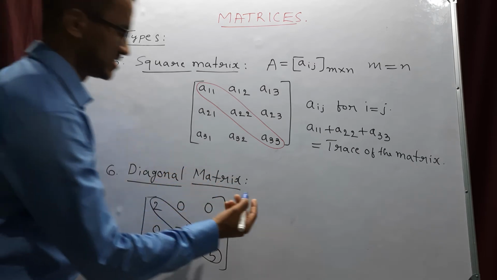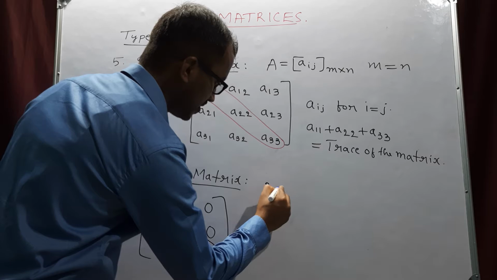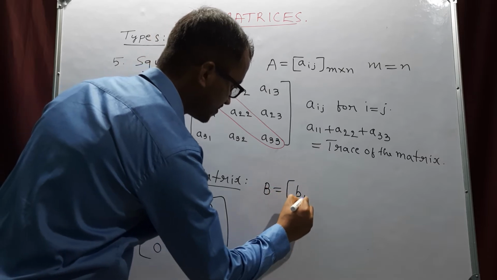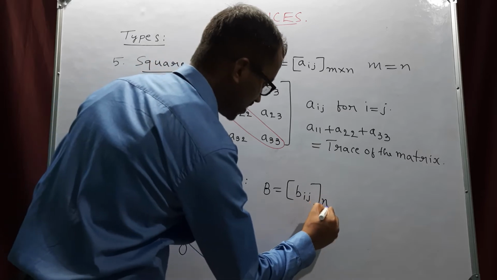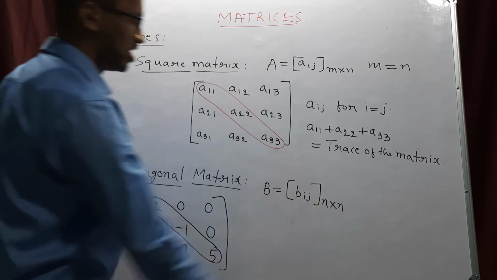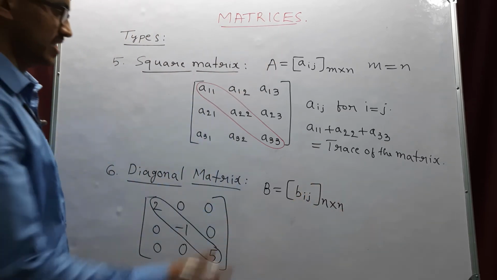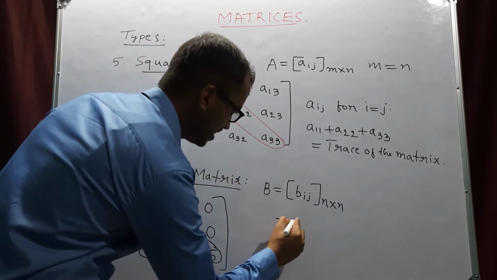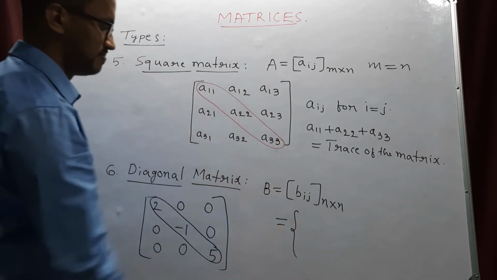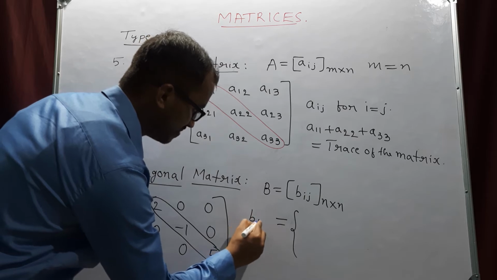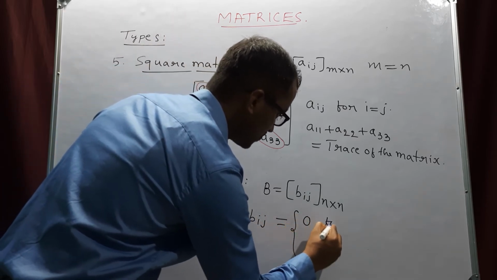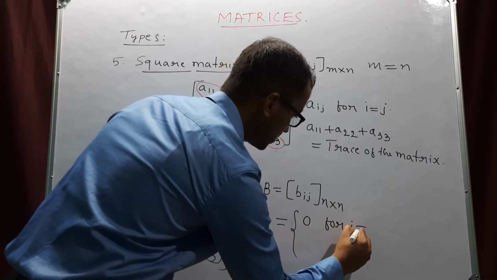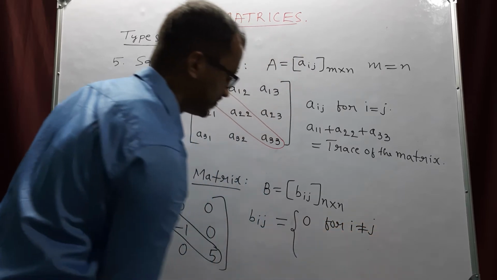So any matrix, suppose B equals Bij, should be a square matrix, so I am writing n by n, or of order n, is said to be a diagonal matrix if the element Bij is equal to 0 for i not equal to j,